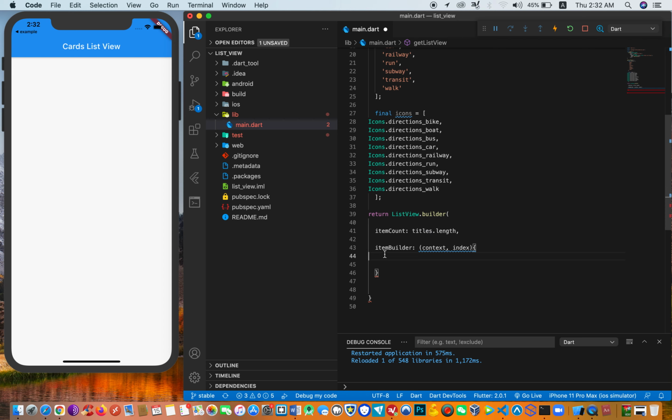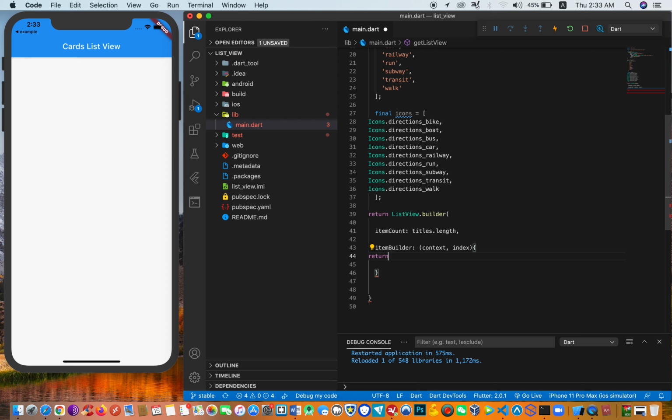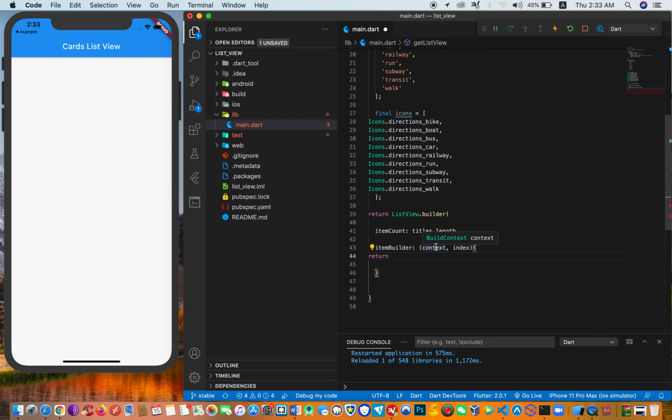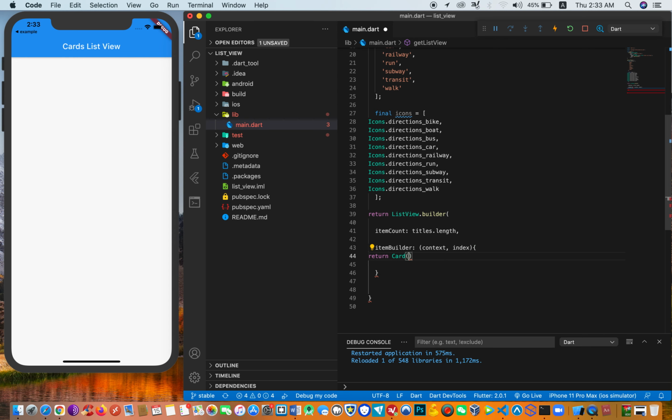Okay, so inside the item builder, we're going to return the card. That is how the list view is going to look. We'll be using the card. So we use return card. Yeah, we want the list view to look like a card, so we use the card function. So return card, and inside the return card